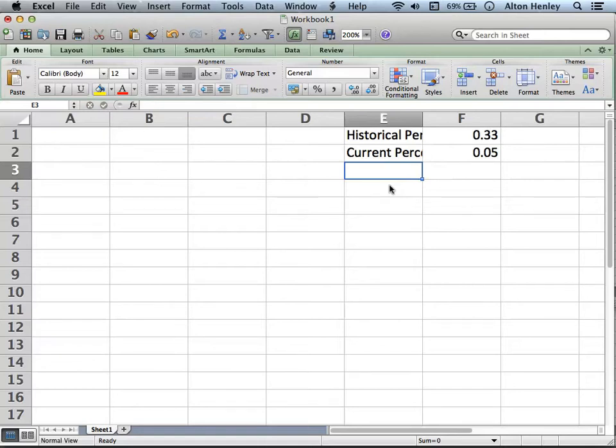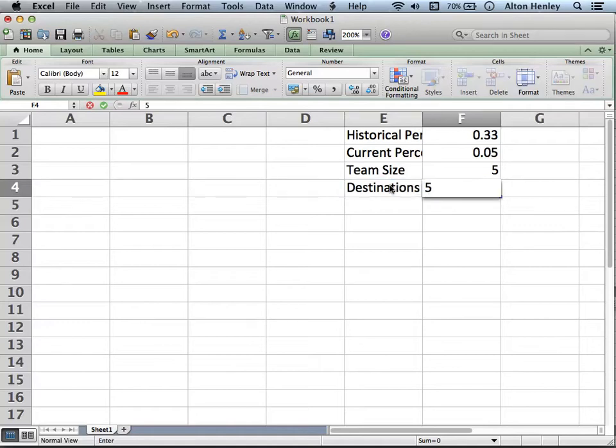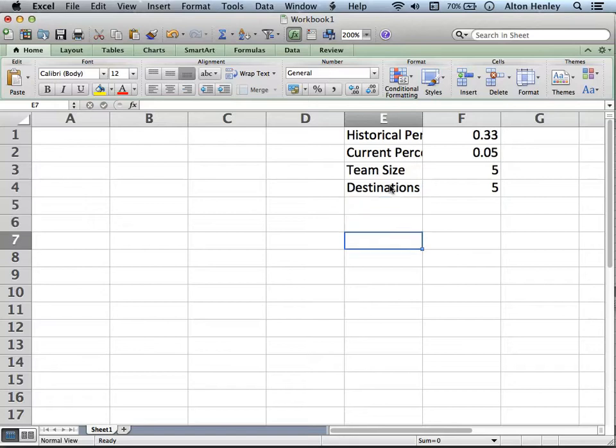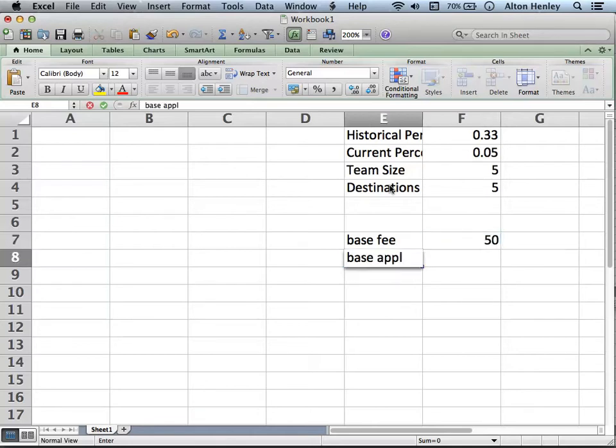Now she's going to have a team of 5 people, so team size is 5, and she's going to 5 countries, and they're going to one city in each country. So we can just say destinations is 5. The base application fee is $50. The base application quantity is 400 applications per city